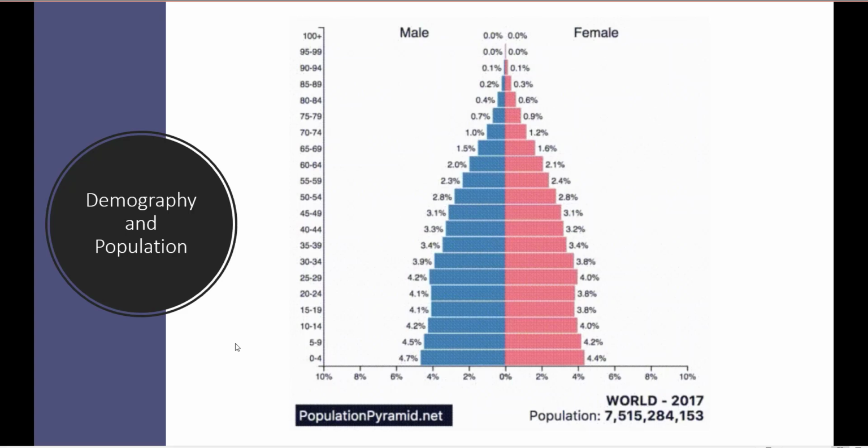But you also notice that some of the other countries, as they get wealthier, tend to get more even spreads, and that's because one, mortality rate decreases in more developed, advanced countries, so people live longer, but also that the birth rates decrease because the mortality rate for infants is also much lower. So some things to look at.